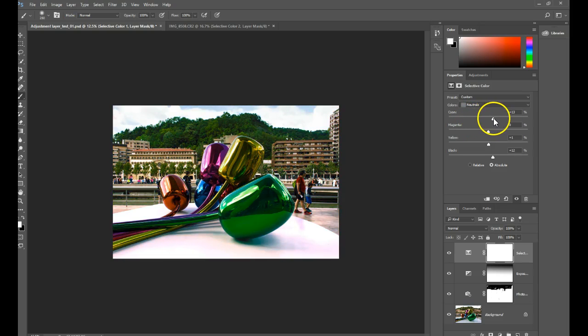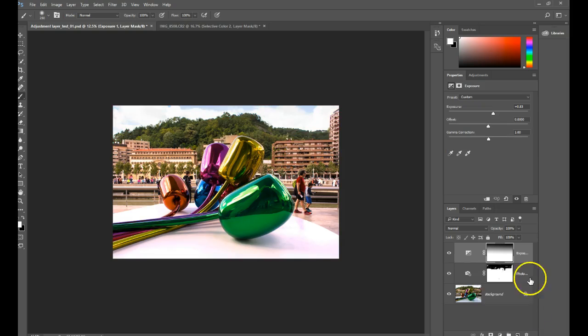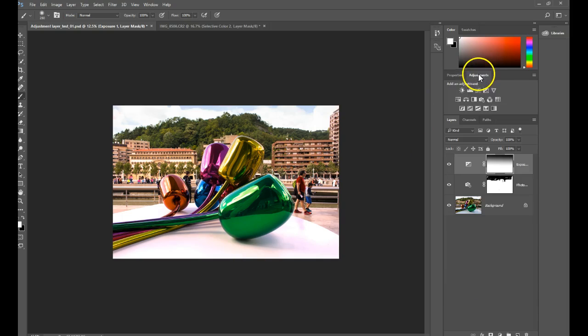Maybe the green at the front, the green sculptural form at the front, maybe I like what it's doing. Just to the form itself, this form, rather than everything, but in truth I don't. So I'm just going to click it, drag it down to the bin icon, release it and get rid of it. That's probably all I need to do with that. Okay, so I'm going to add a